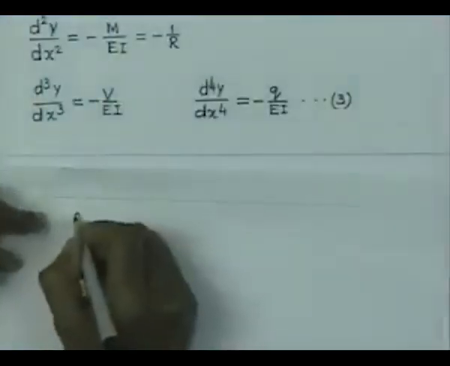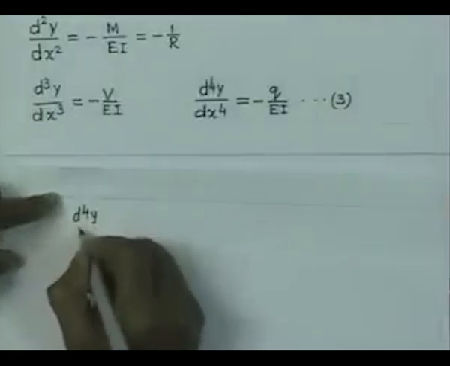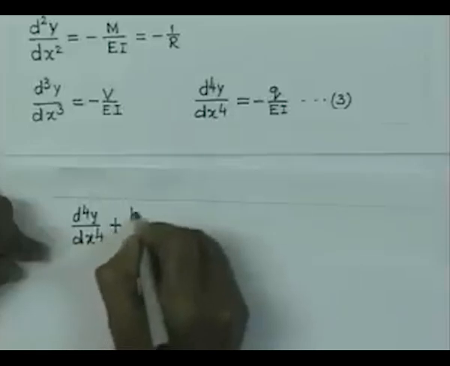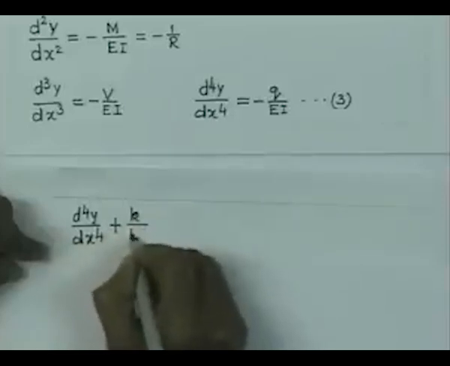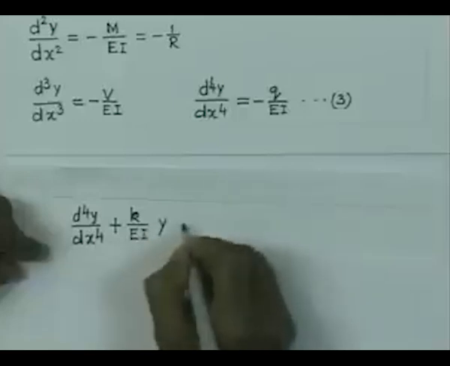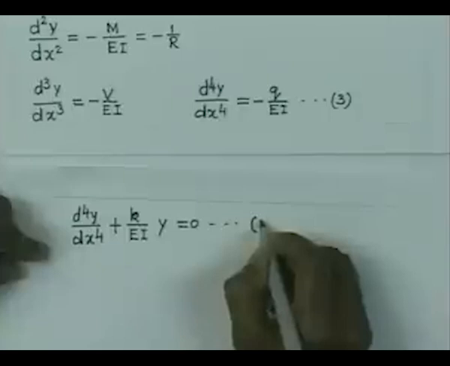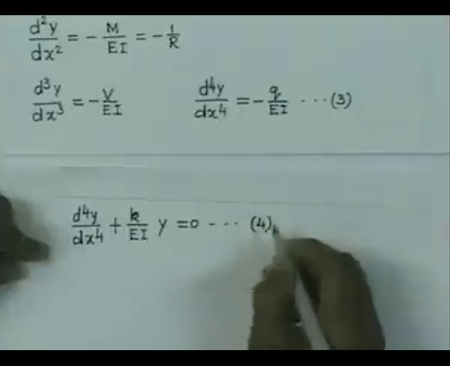Now, since q is equal to ky, we can now write d4y/dx4 plus k by EI into y is equal to 0. So, that is the equation. We can write this as equation 4, that is the equation governing the deflection. Now, this is a standard equation. Its solution can be written in this form: